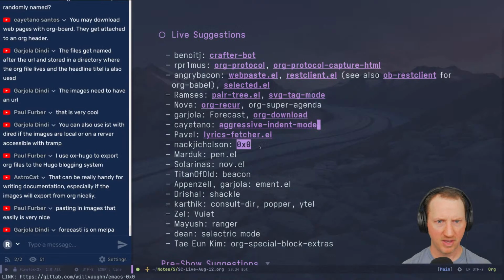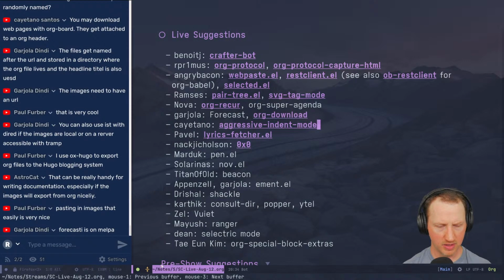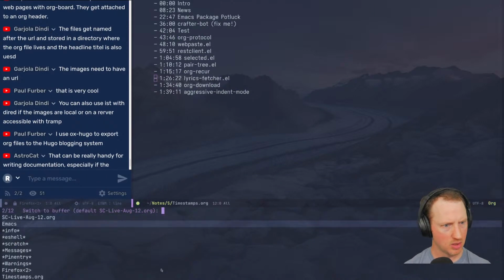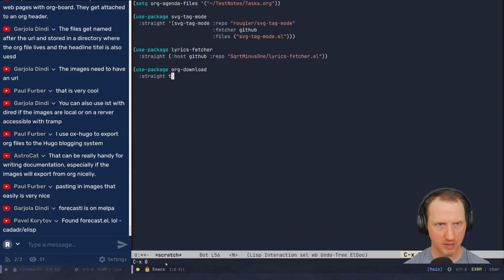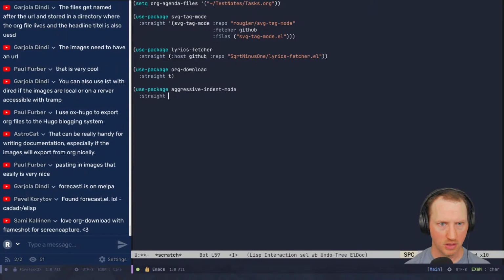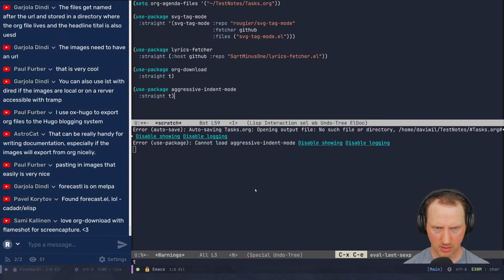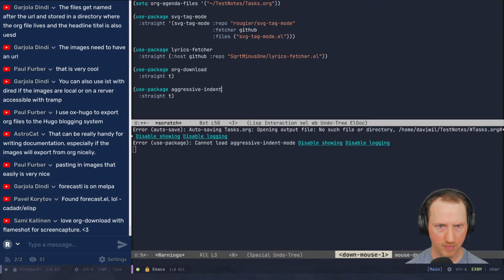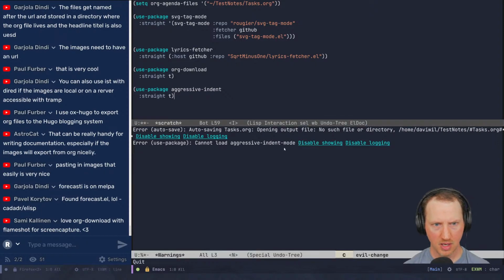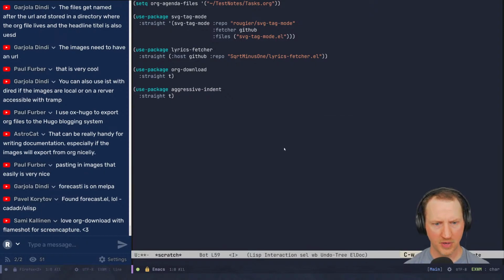Let's see, aggressive-indent-mode. I think that it has a very simple invocation. Let me jump back. Let's close this window. Use package aggressive-indent, straight t. Run that. All right. Cannot load aggressive. Oh, I think I did the wrong name. There we go. Now it's installed, and I can turn it on.